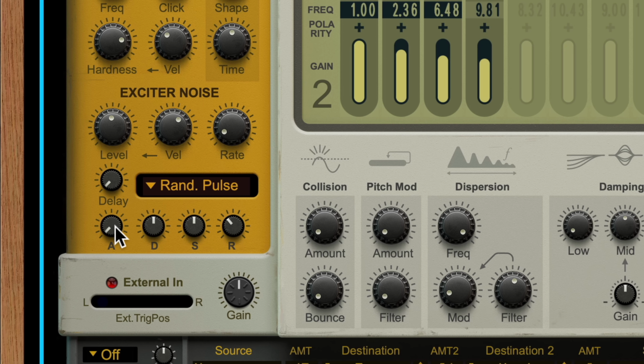And by adjusting things like the attack time, this instrument gets more textural and atmospheric than melodic like it once was. And of course, you can combine noise exciters with impact exciters to create different effects and textures. While that combination of impact exciters and noise exciters is particularly useful for pads and evolving sounds, one of my